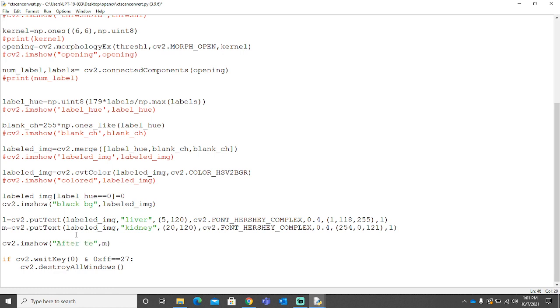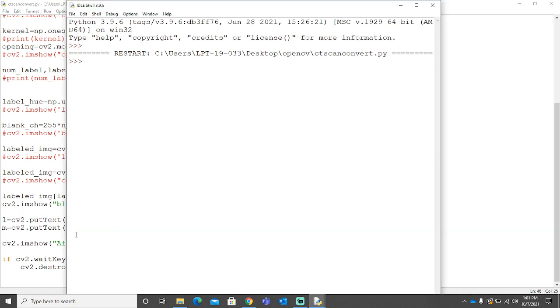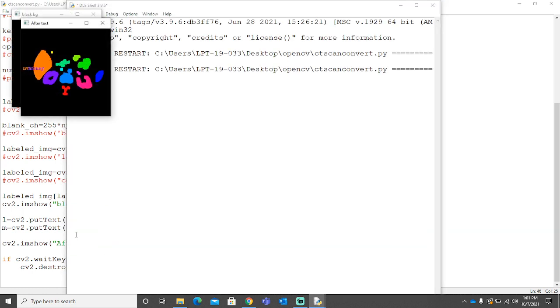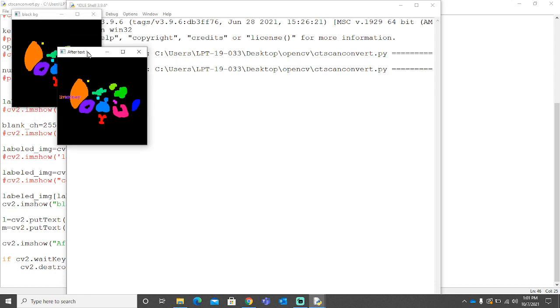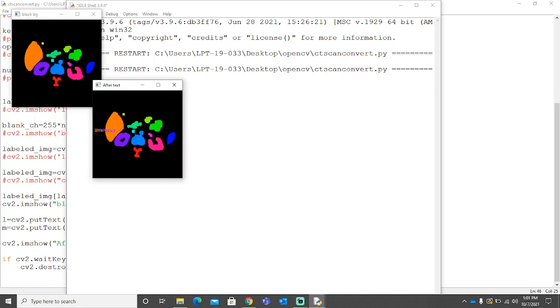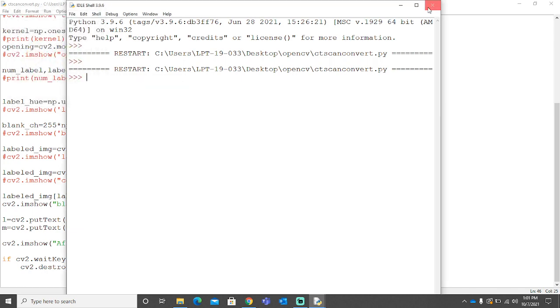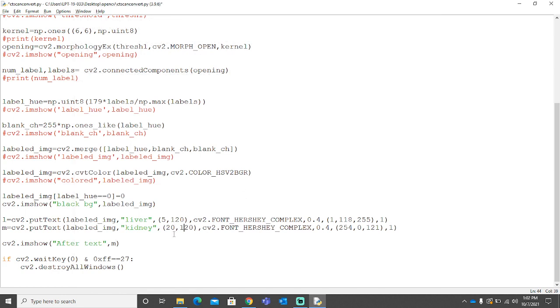Let's name it after text and run it. Now it should work. Yeah, oh, okay. So everything is alright. We have the text now, but it is not in the proper places, as I can see. Okay, so we need to do this sum, this 170.